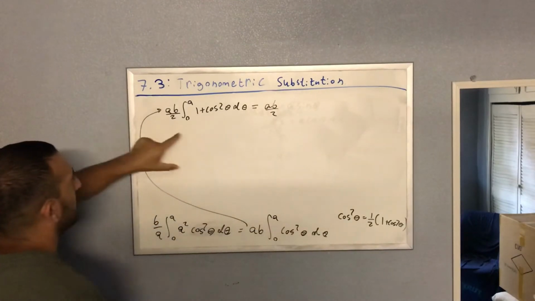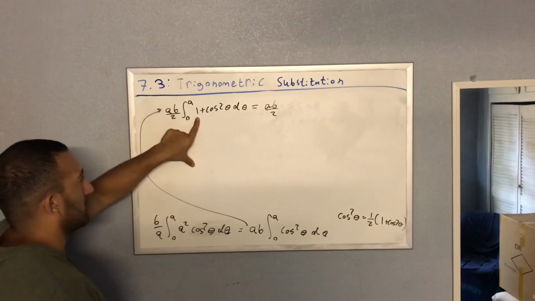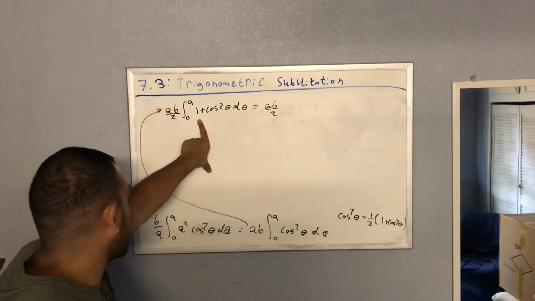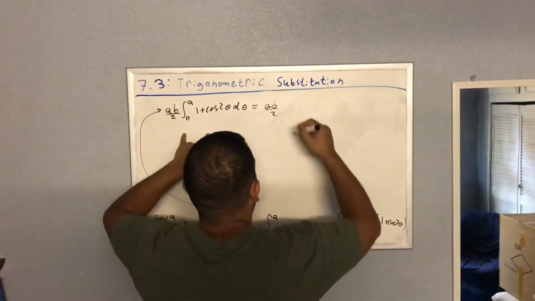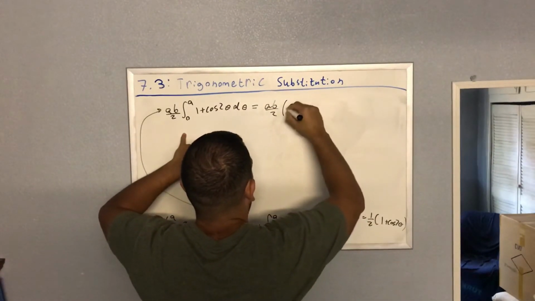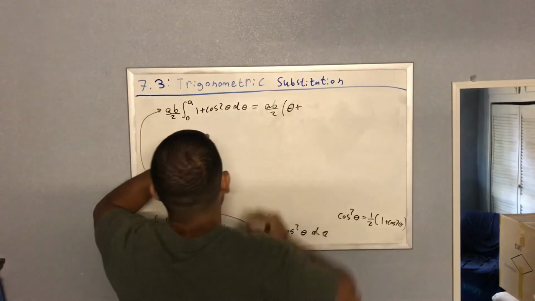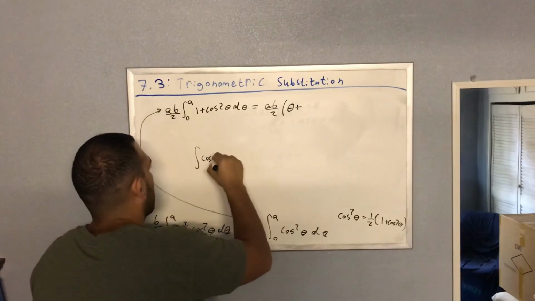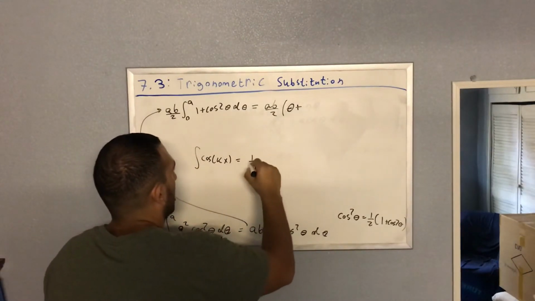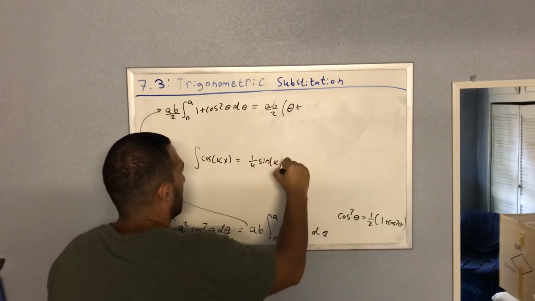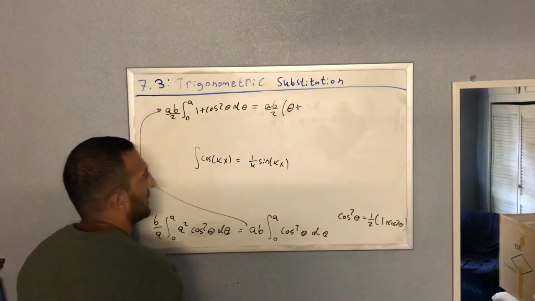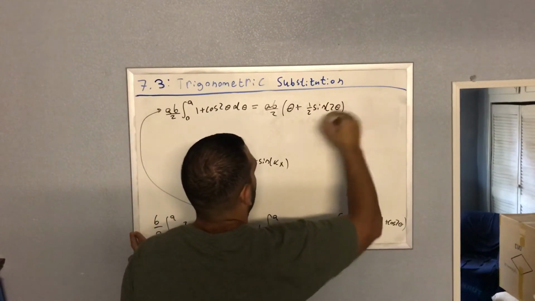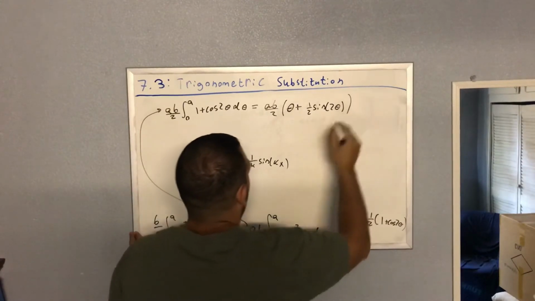And then the integral of just this 1 here is going to be just theta. And then the integral of cosine 2 theta, remember we said the integral of cosine kx was 1 over k sine of kx. So this will be 1/2 sine of 2 theta. Now I've written